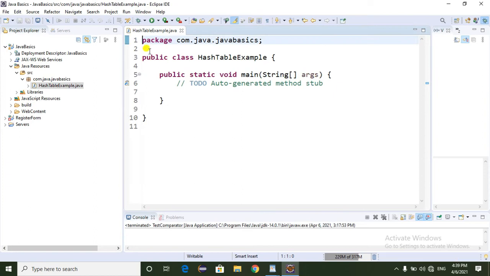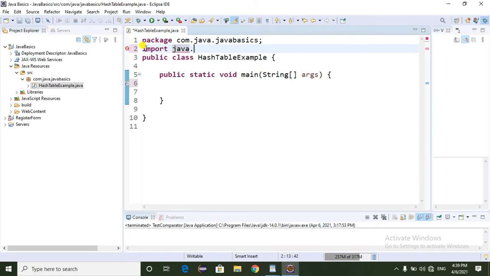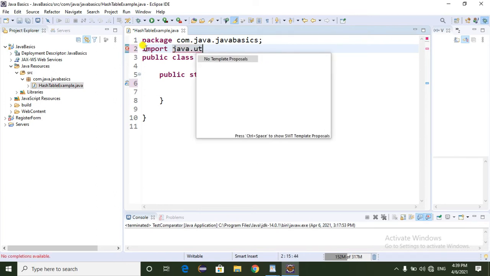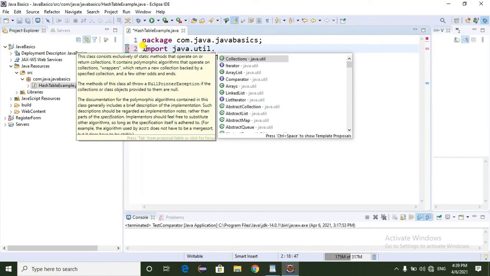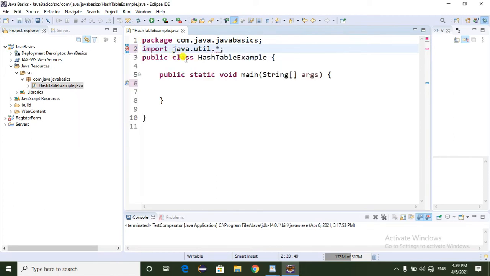Now I am going to create a hash table object. Before creating the hash table object, we need to import the java.util package. So here I am importing the util package.